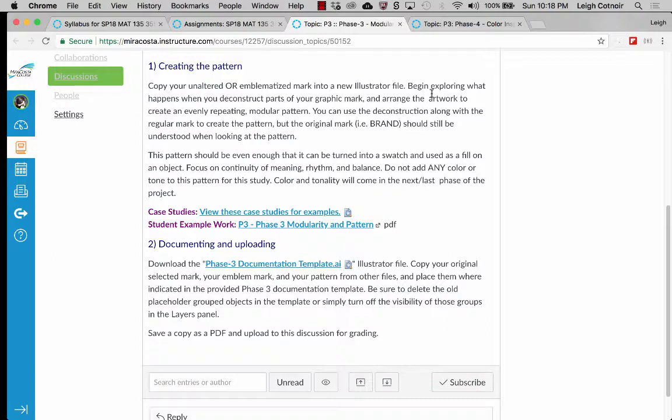Now, you must deconstruct your mark. You can't just take your mark and repeat it a whole bunch of times. That is something you're not allowed to do. You actually have to base it on your mark, but in a way that the mark is somewhat changed as part of the patterning. You can use the deconstruction along with the regular mark to create the pattern,